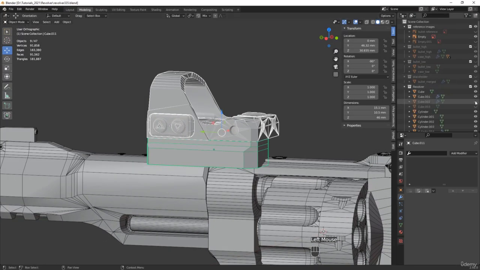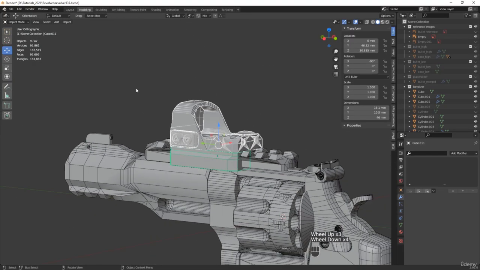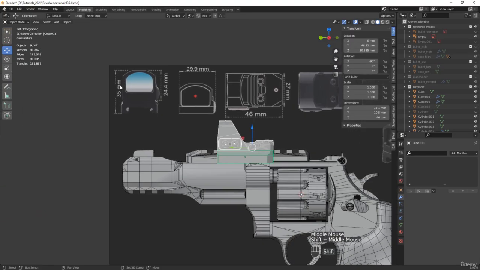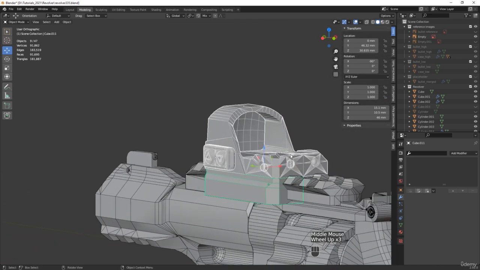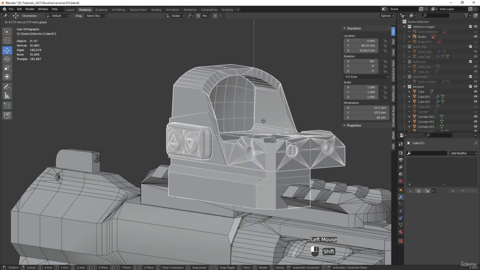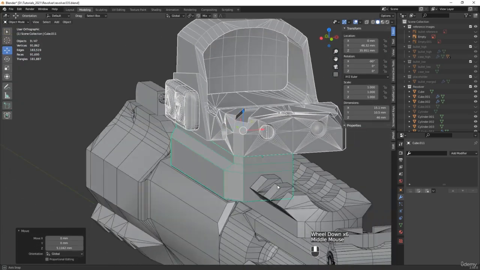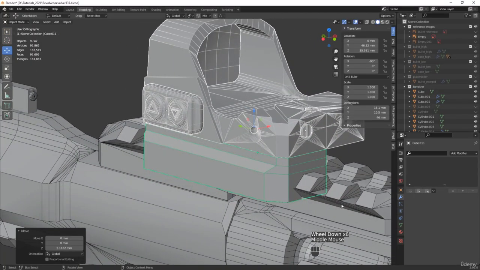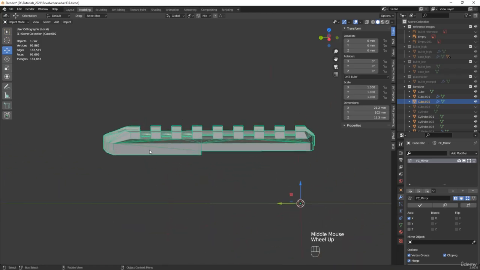So speaking of our revolver, as I was mentioning earlier, this scope is a little bit out of place here. So in order to match that, we have to select everything, drag it up a bit here. So this looks about the right position here. And then let's select this rail. And what we can do now is take that into